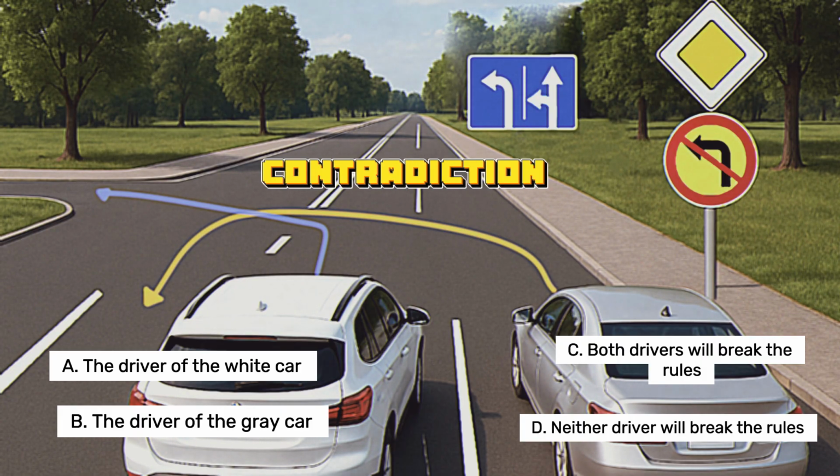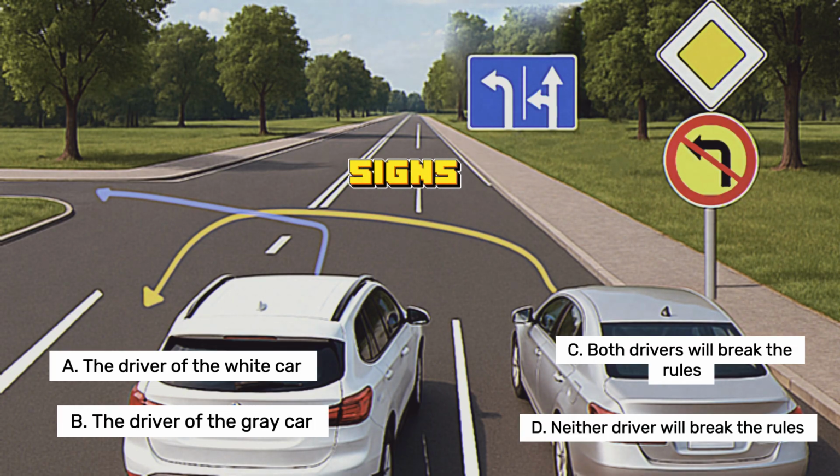To figure out this contradiction, we need to refer to the chapter on temporary road signs. So, if temporary road signs and permanent road signs contradict each other, drivers must follow the temporary signs. Since signs on a yellow background are considered temporary, in our situation, drivers are obliged to comply with the requirements of this sign, which, in turn, makes it clear that the driver of the white car will violate the rules